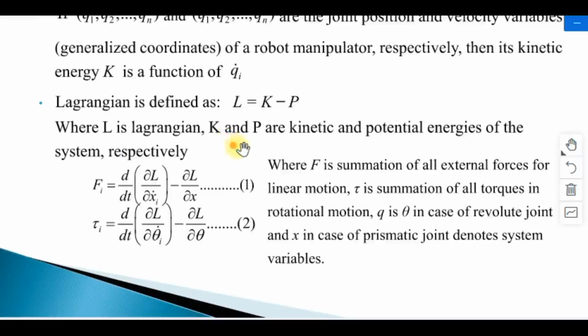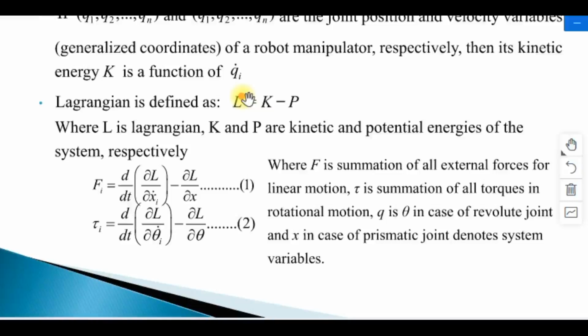You know K and you know P, kinetic energy and potential energy, but you are not familiar with the Lagrangian L. So remember it this way: the difference between the kinetic energy and potential energy gives some extra energy, or we require generating the extra force to meet these equations. So when you calculate force,